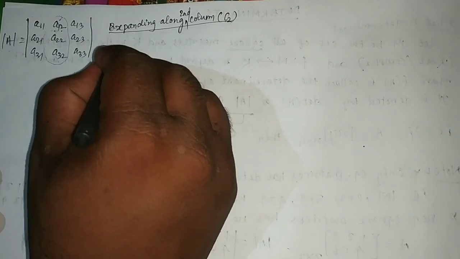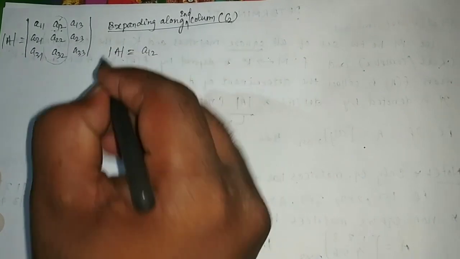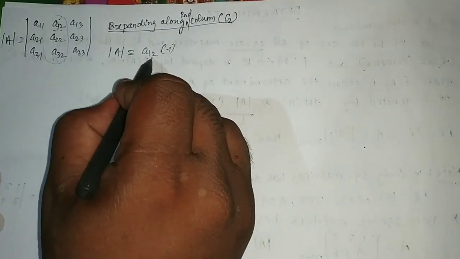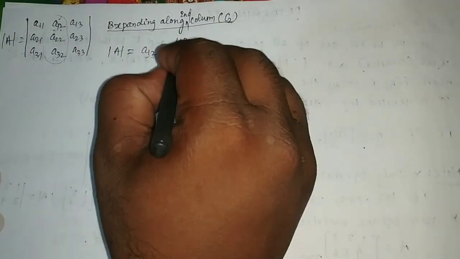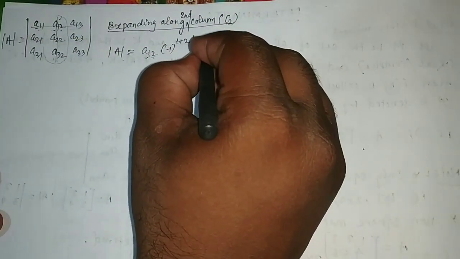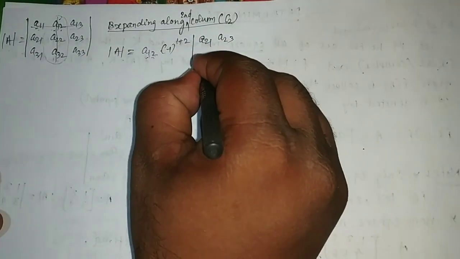Look at here, there are 3 elements in column 2. The first element is A12. So here determinant A can be written as A12 multiplied with minus 1 to the power of the sum of the suffixes 1 plus 2, into the remaining elements by eliminating the first row and second column in which A12 is present. That means by eliminating this row and column, we get the remaining elements A21, A23 and A31,